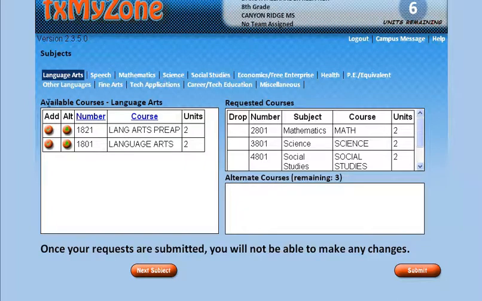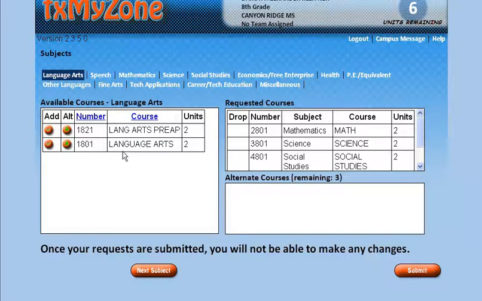And so our first thing in your 8th grade is you have the introduction for your language arts course of either language arts pre-AP or language arts. Of course, we've already talked to you about the difference between the 2 of these. It's in your choice sheet. It's also in the course catalog, so you can read about it there. So right now we're just talking about selecting your courses.